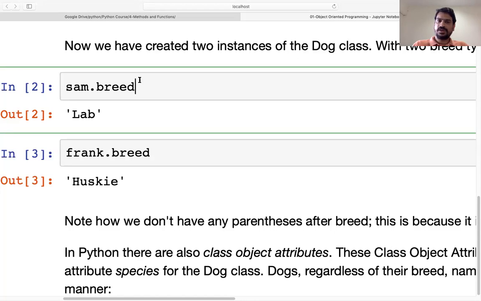If it were a method, we would have to use parentheses. Because it is not a method, we don't have to use the brackets or parentheses. You can say that we have the object, and this is nothing but its attribute. So you can consider it like this.